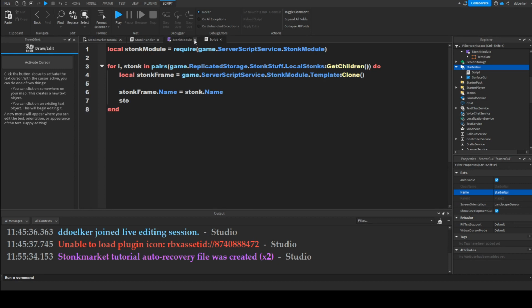We're going to say stonk frame dot ImageLabel dot Image equals stonk module